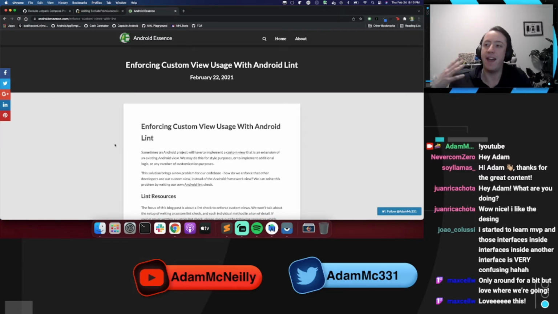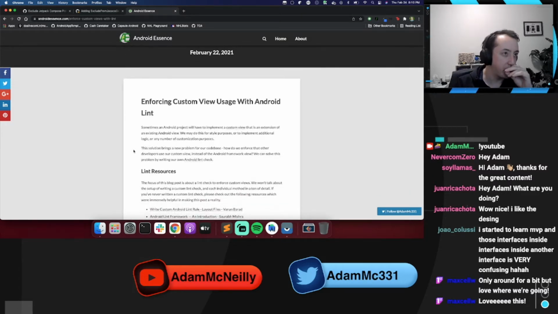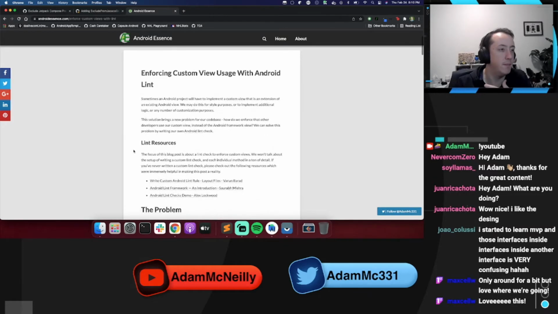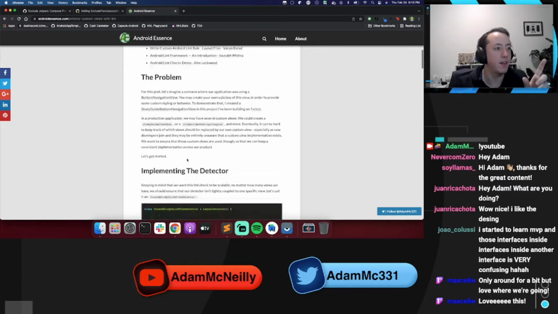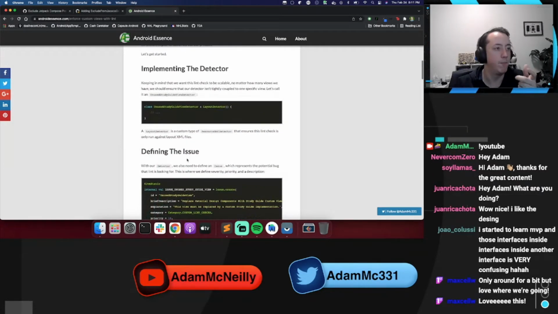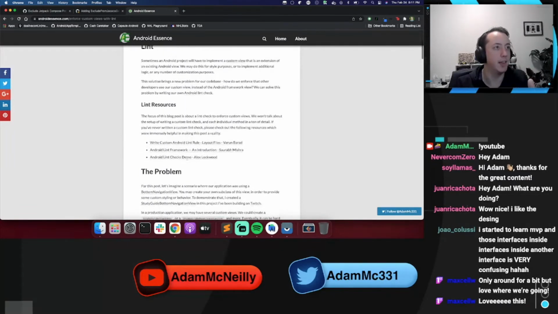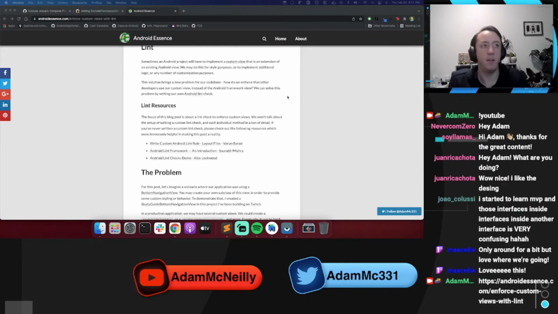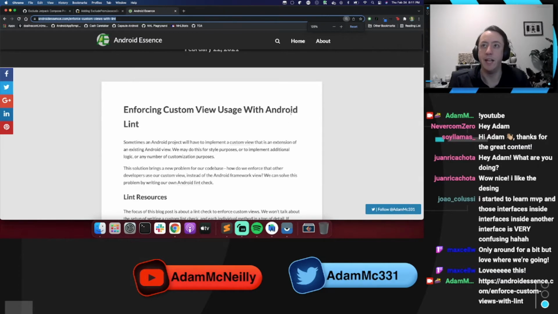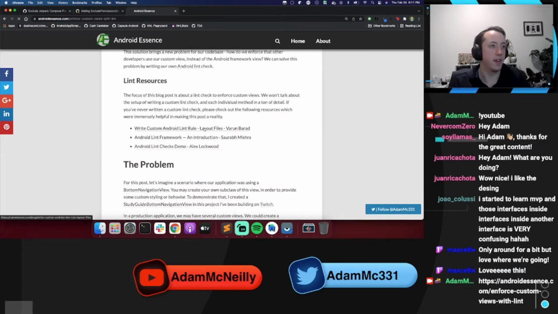If I have a specific type of button that I use in my project, I wanted to write a lint rule that said anywhere I tried to reference an Android button, replace it with my button. That was a thing that I did. So in mine, this was a deeper dive into the issue I was trying to resolve, but I did put links up here too. Let me share this in chat, by the way, so y'all have this. I did put links to the resources that were helpful to me, like this one by